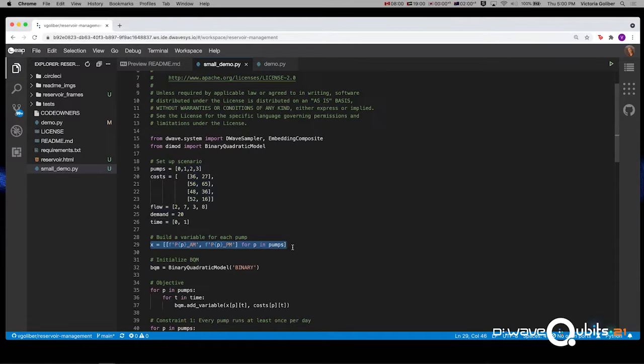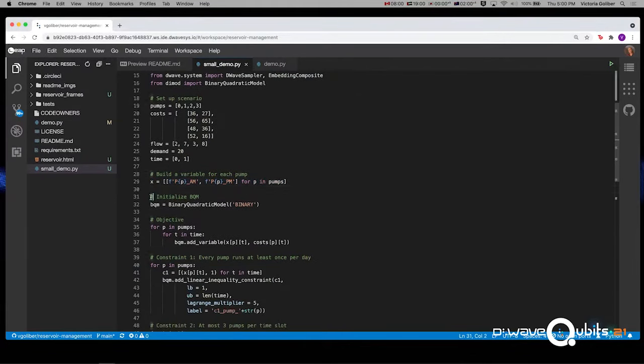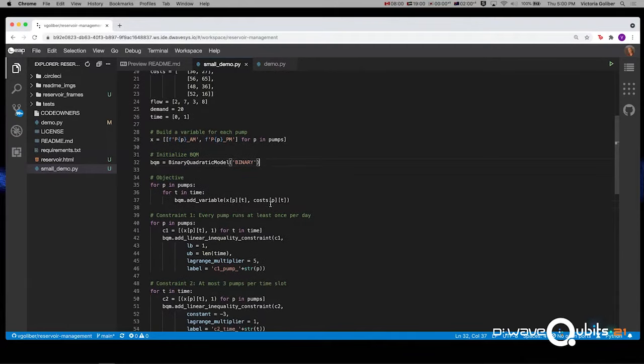Next, I'm going to build up a variable for each pump. This is just a list of strings of what I'm going to call each of those variables. So just like we had in the table, you'll see P1 AM, P1 PM, and so on. Next, we're going to initialize our binary quadratic model and tell the BQM that we want to use binary variables. And then we just dive right into building up our BQM.